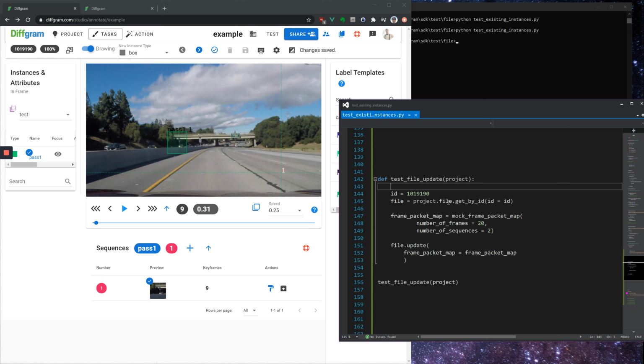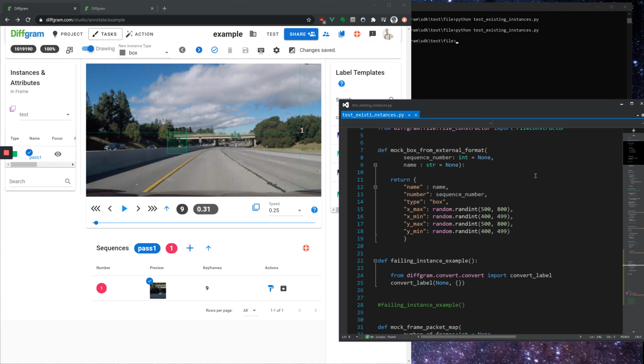Here we're calling this project.file.getById method, and we're passing this ID here, which is shown up here. Then we're calling this frame packet map function to generate a frame packet map. There's some extensive documentation that covers the specifics of what this means, but just to touch on one key point